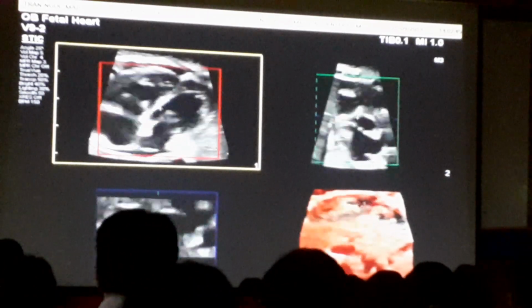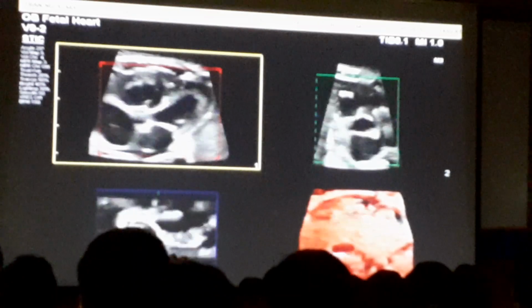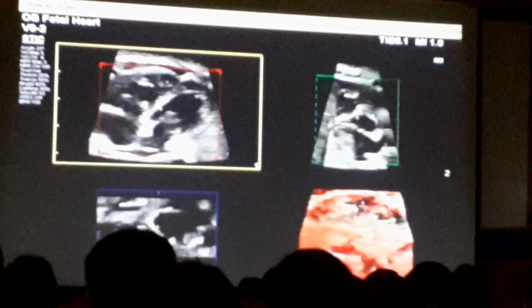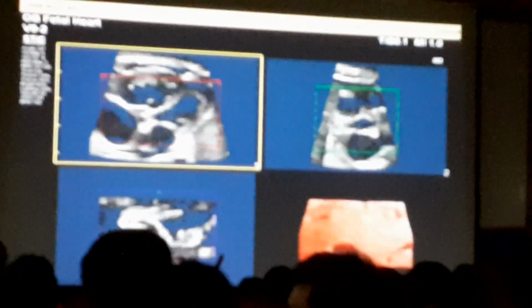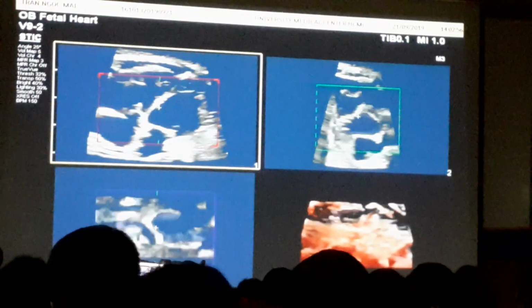So I don't use this in clinical practice, but some people do. You can get real-time images of the, you can